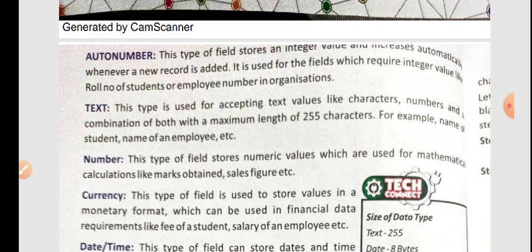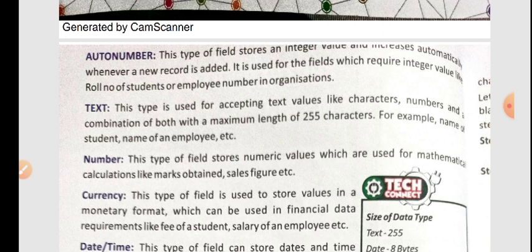The type of data you are writing, if you are writing a number, then this is a number data type or the integer data type. If you are writing text, then this is a character data type or the text data type. So data type defines what type of data you are going to store in that particular column or field. Starting with the auto number. Auto number, as its name implies, is incremented by 1 as you are entering a new record in a new row.